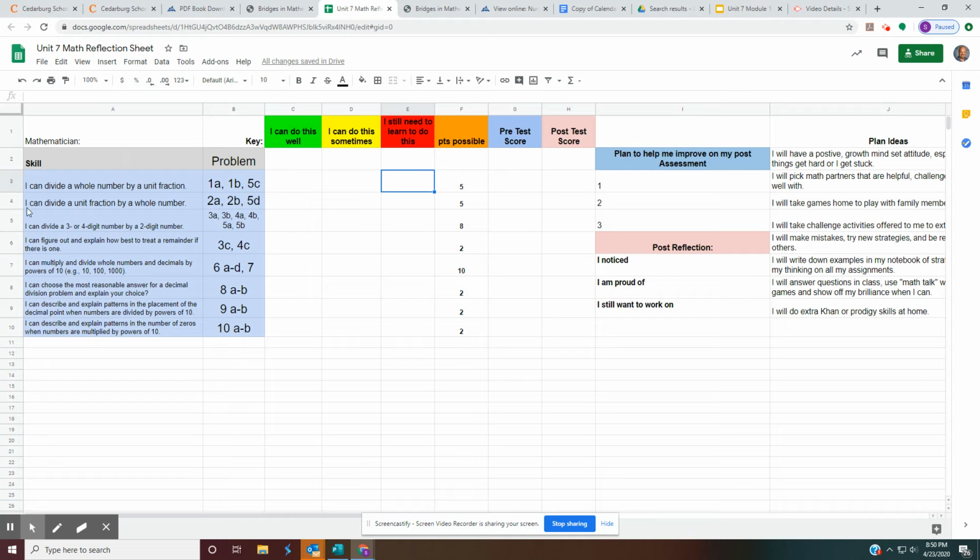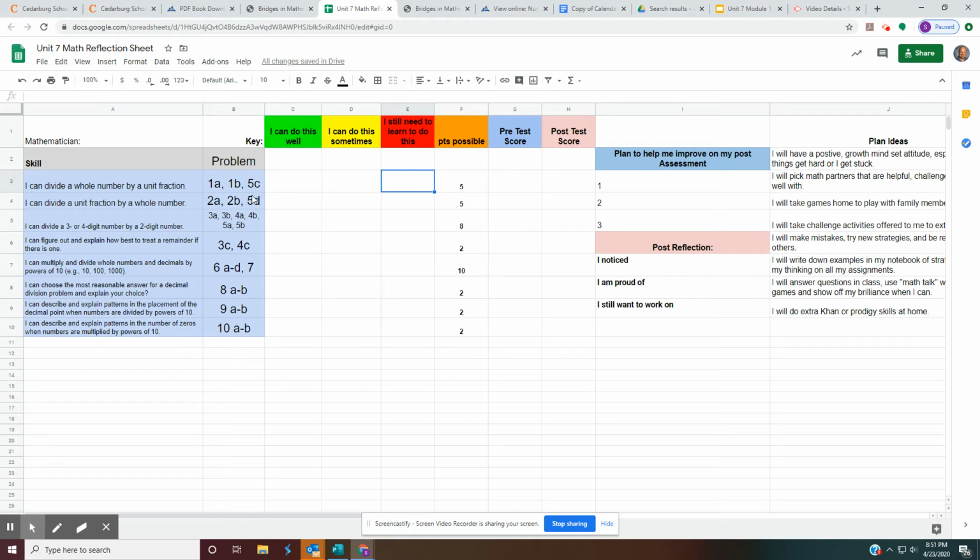All right, the next thing, can I divide a unit fraction by a whole number? So can I take 1/5 divided by 20? Can you do that? That is question 2A and 2B and 5D. Again, 5 points. 2A and 2B are worth 3 points, not a piece, but 3 points between the two of them. And then 5D,